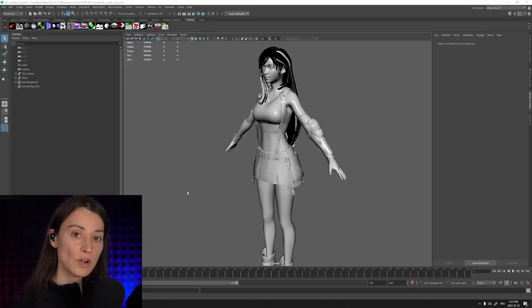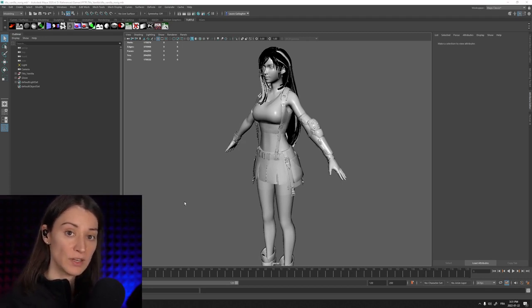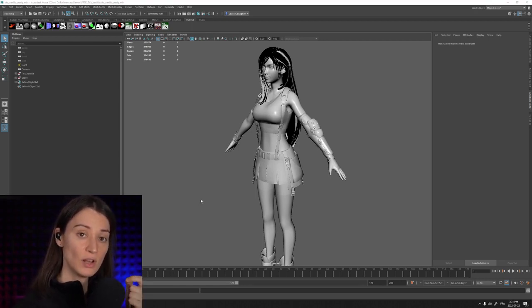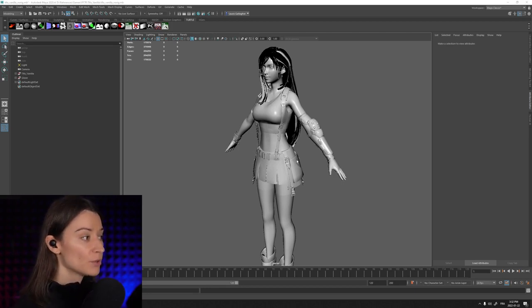So let's now talk about how to bring Tifa's character model into Marmoset 4. If you have a different model, of course, you can follow along with that, and we will talk about all of the steps involved in taking the model from your preferred 3D software into Toolbag. In this particular case, I have Tifa's model in Maya, but you could start from Blender, you could start from 3ds Max, it doesn't really matter where you're starting from, because we will simply export the model out at this stage as a grayscale model, of course. Although before we do export this out to Toolbag,